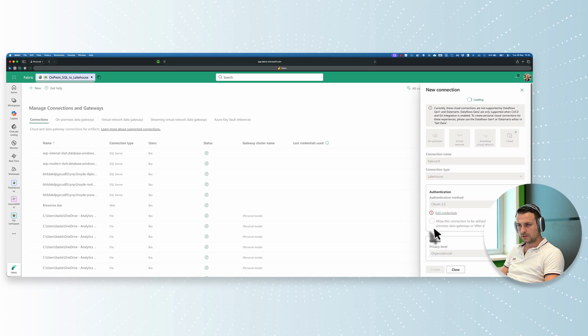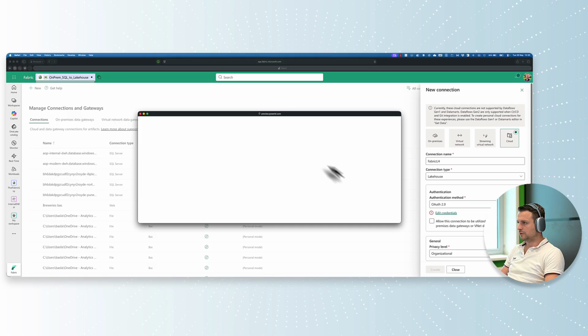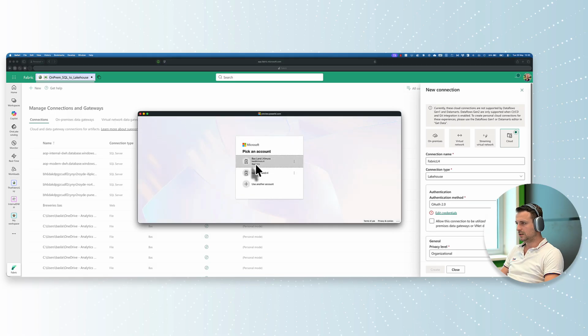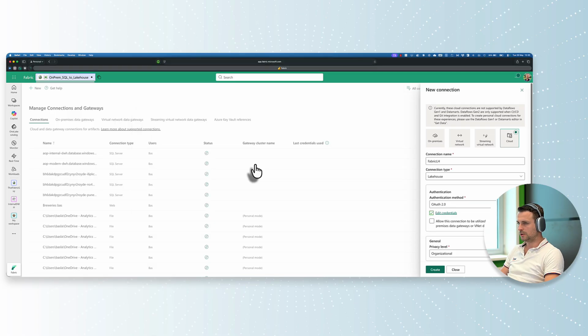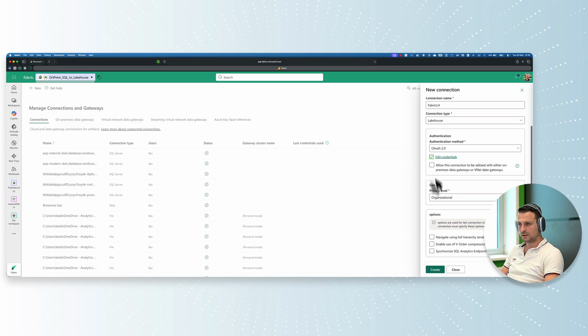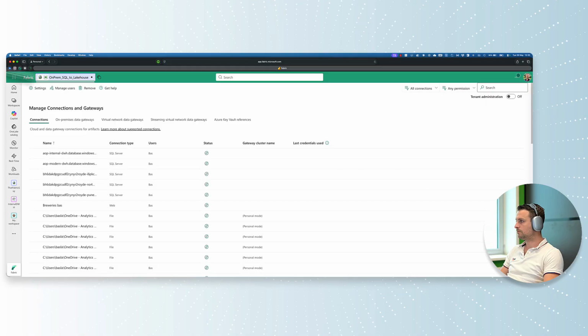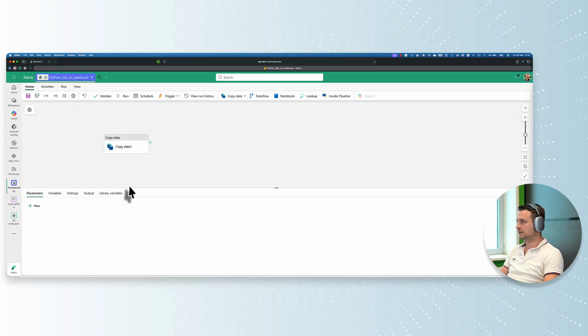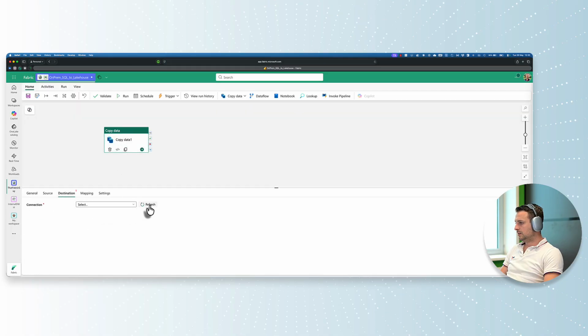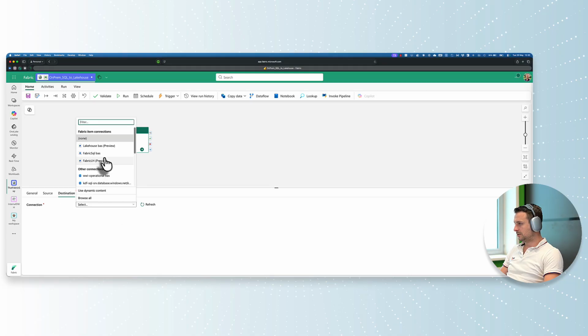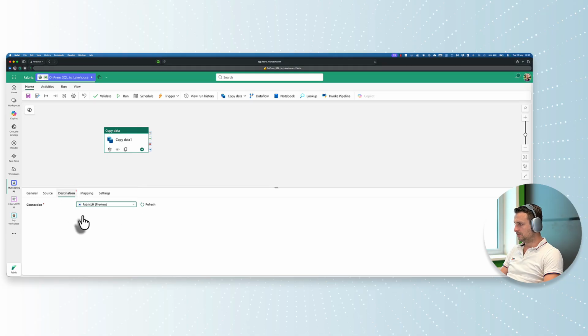Lakehouse. Just log in with OAuth 2 for now. This should be fine. Should be logged in already, so this is all right. Yes, we want to use it with on-premises data gateways. Okay, that's been created. Let's go back to the pipeline, refresh our connections, and now select the Fabric Lakehouse connection